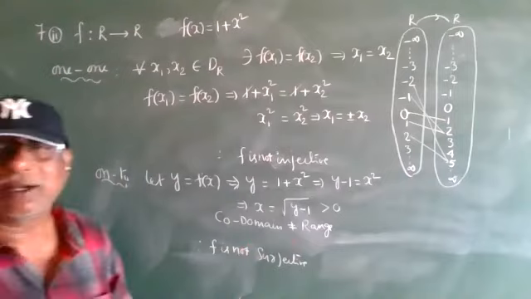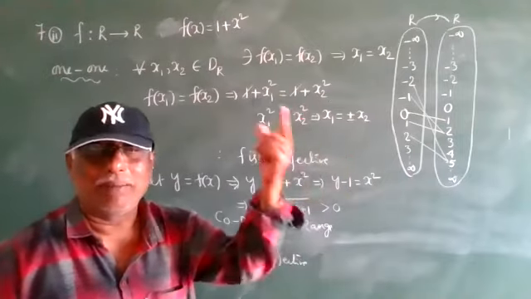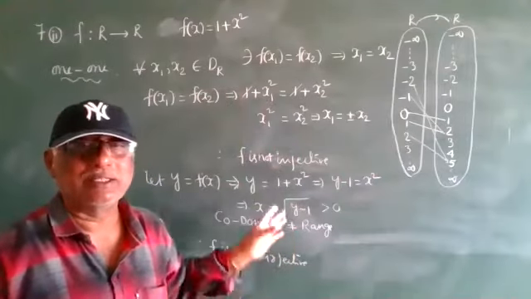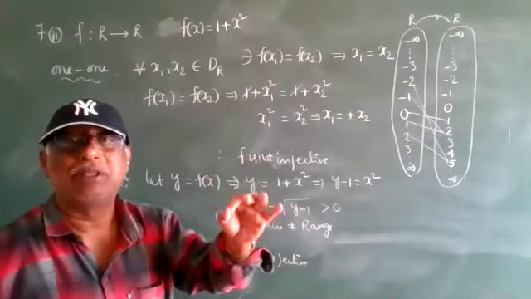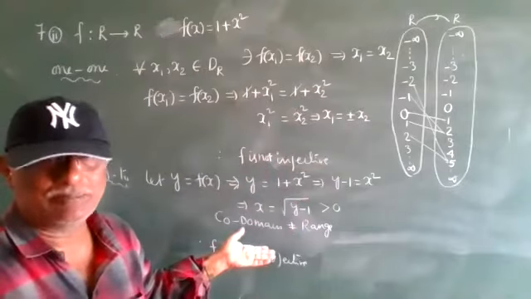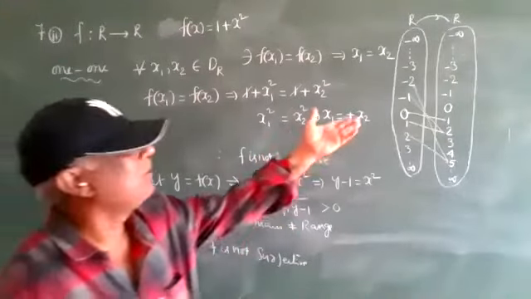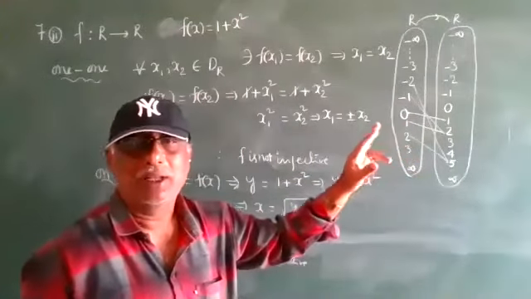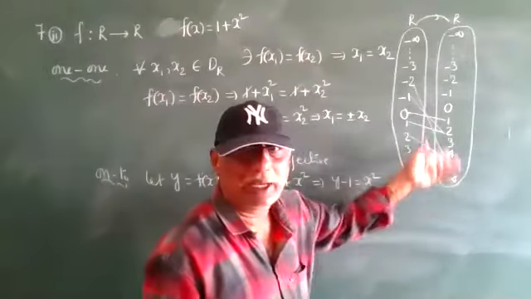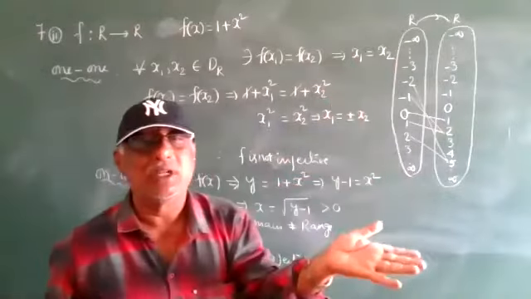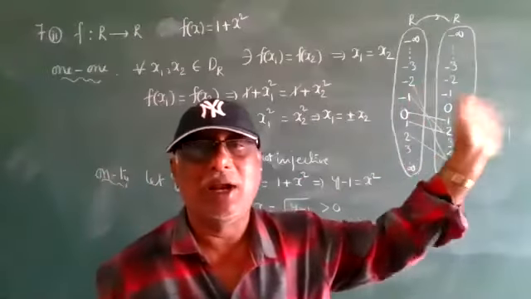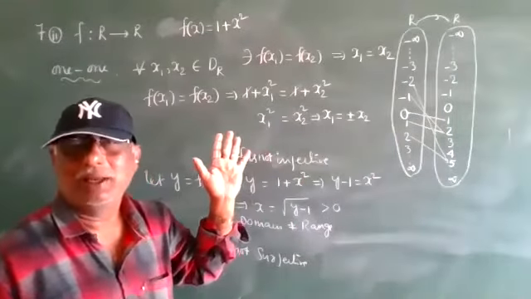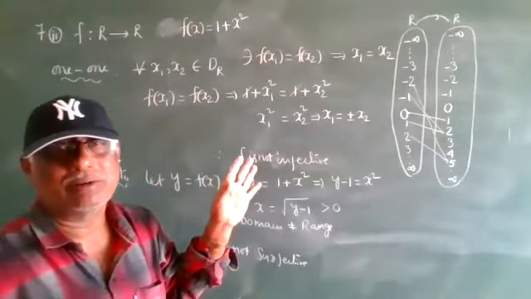Easily we can complete it. If we draw the figure, the problem is very easy for the JEE set. In any examination we can draw the figure within seconds. This is the subject we are writing, but for objective questions we can draw the figure. Two elements have the same image, so it is not 1-1. Positive values only we are getting, negative values not. Therefore, it is not onto, not 1-1. Within seconds only we can solve this problem.